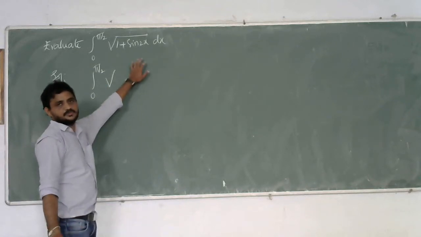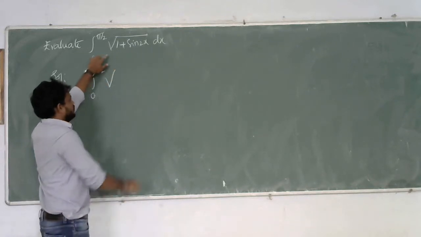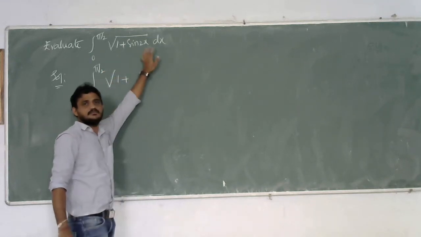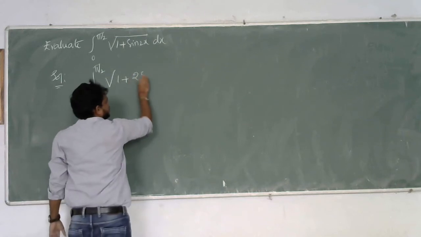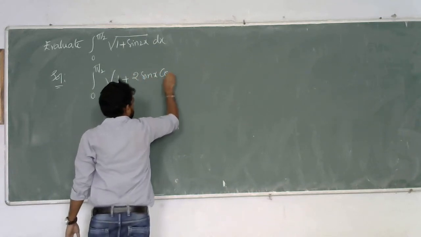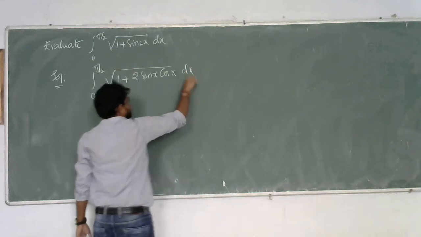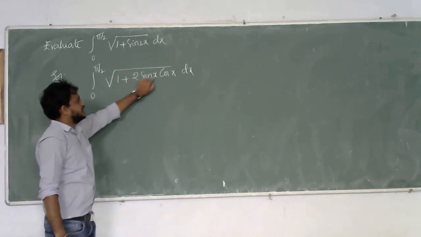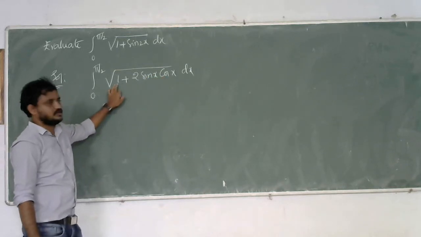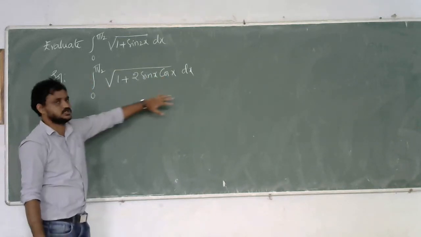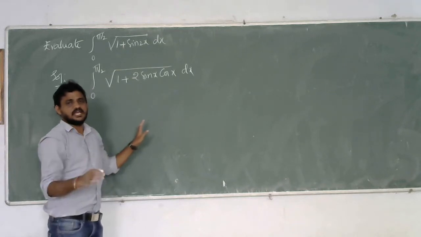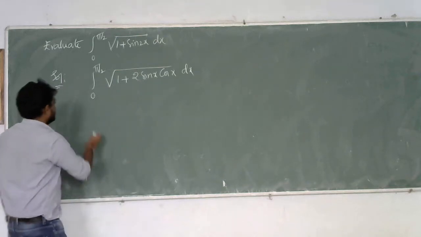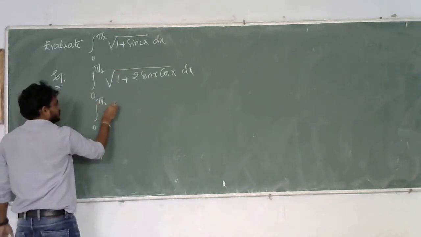Already we have discussed this problem in Unit 1. Here we have 1, and we have sin 2x. What is the formula of sin 2x? That is 2 sin x cos x. We have 2 sin x cos x here, and here we have 1. We don't have a direct formula for integration of this term, but we have a relation between this 1 and sin x and cos x. So what is the relation? Write that relation here.